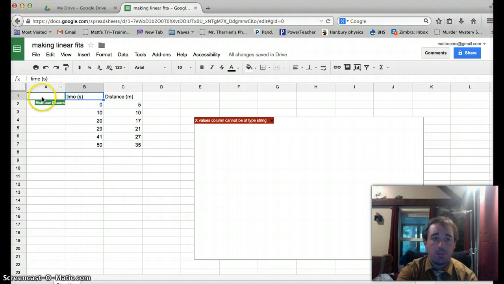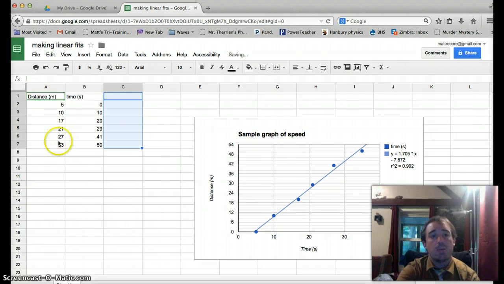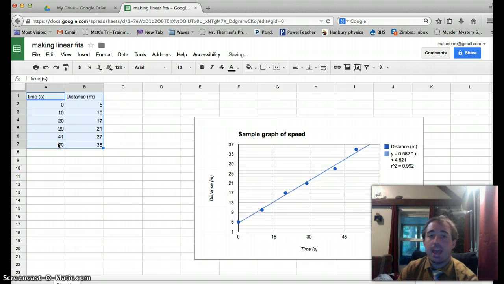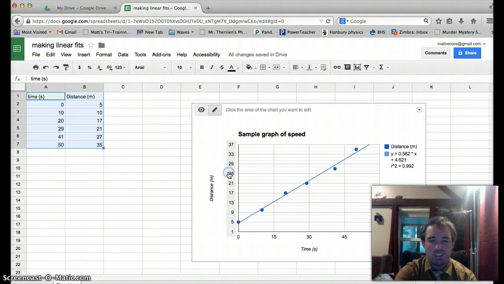So my graph was, just undo, my graph was in columns A, B. Well, I just moved my data to column C. So that's why I'm saying, you can't do that. All I gotta do is move it back to column AB. So I highlighted everything. I still got distance on the Y, time on the X, and now just looking to make sure I have, that looks like a distance of 35,